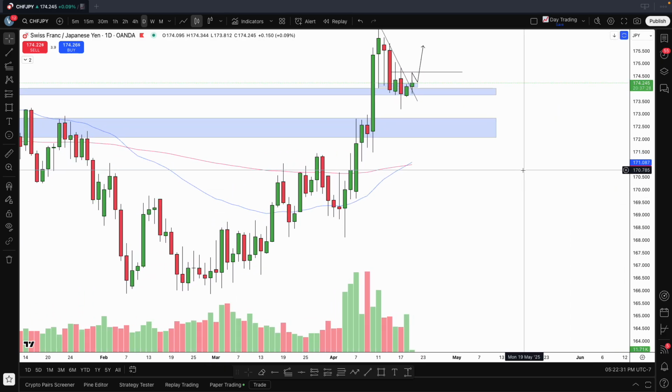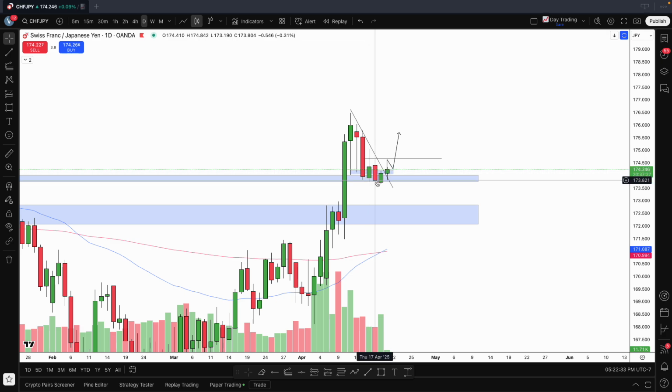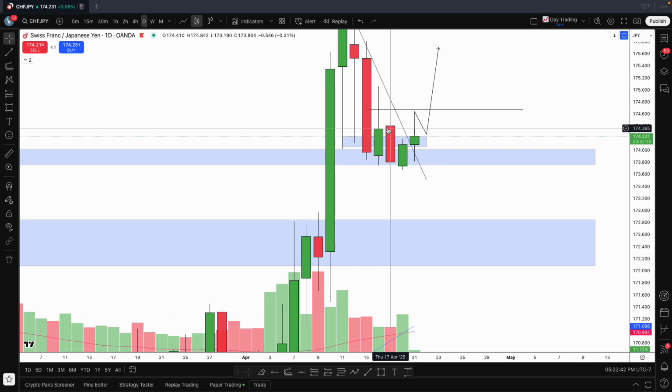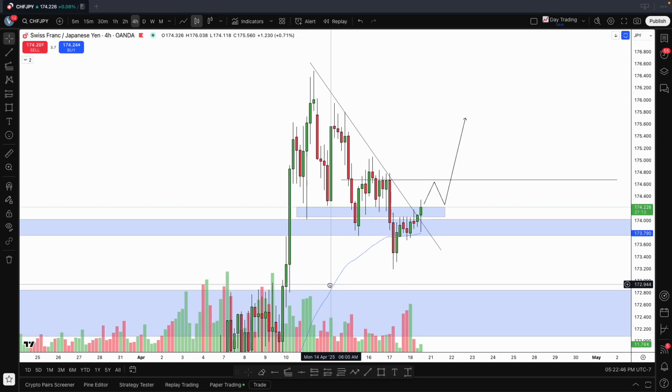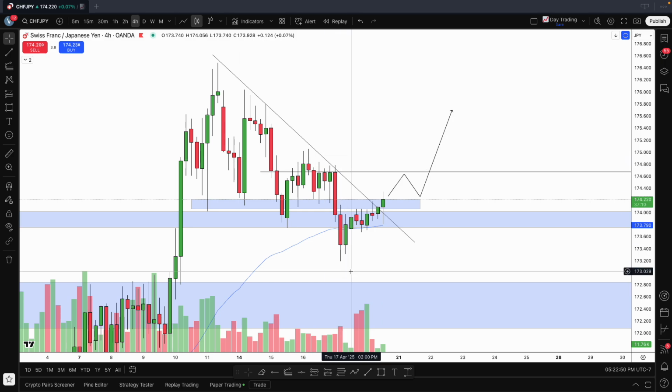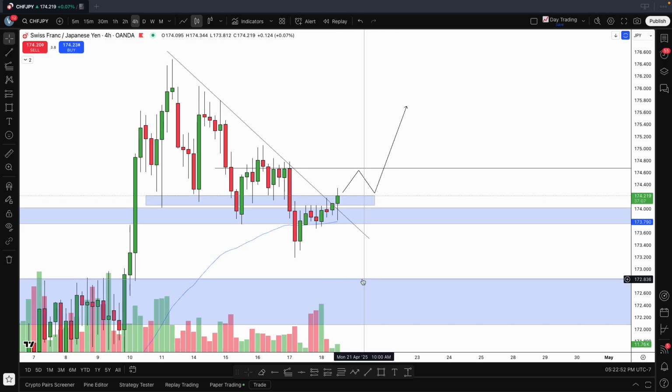What I'm waiting for is this internal shift of structure on the daily. If you can see daily, there's an internal market structure of bearish. So I want price to close above these highs right here. If we go down to 4 hour, we can see it more clearly. So what my analysis for this pair is, for me to go long, because price could continue downwards, but for